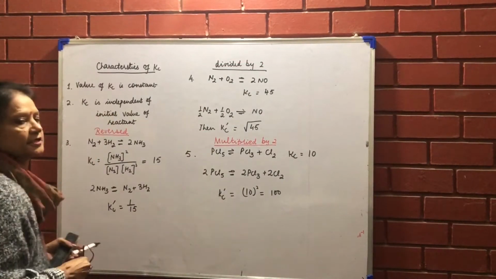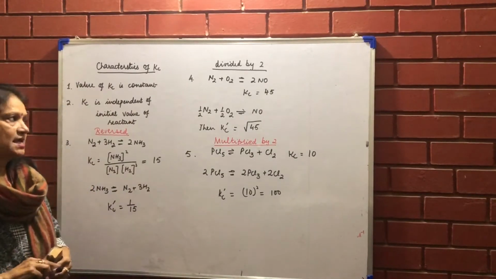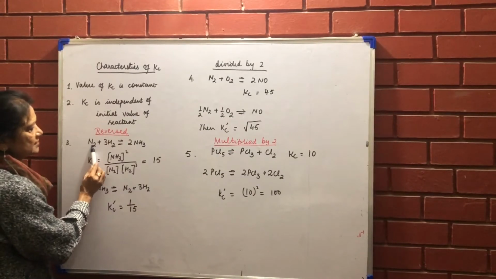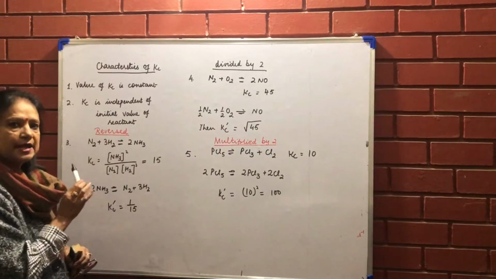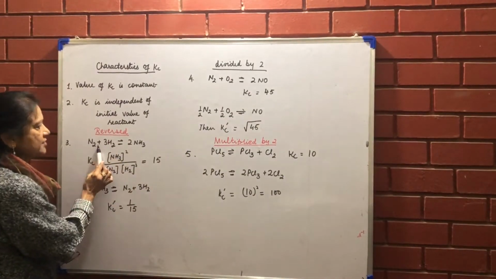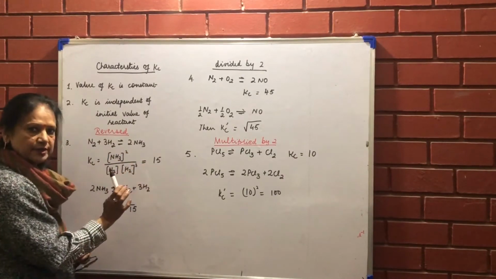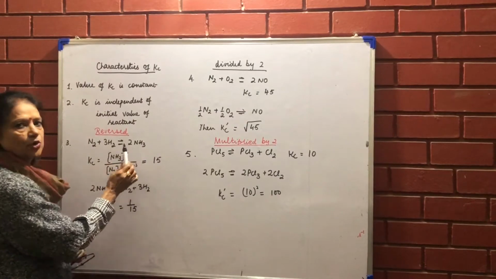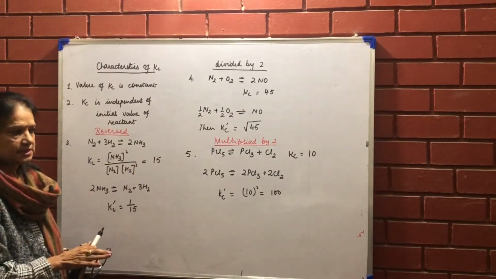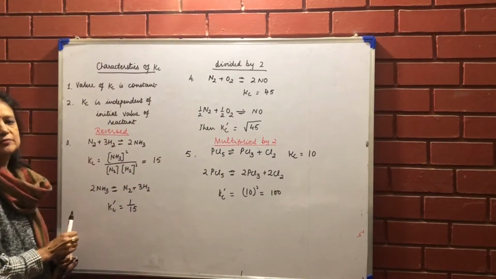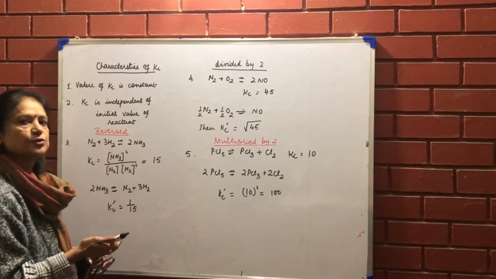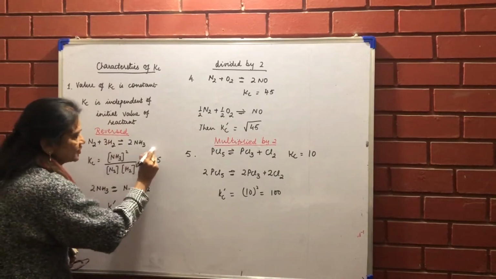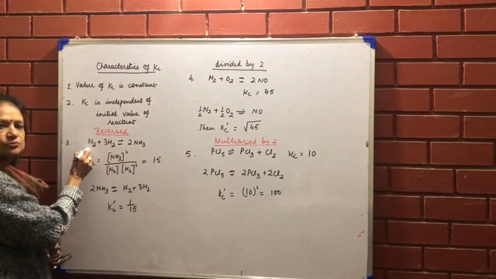Now what are the characteristics of Kc? What is Kc actually? Kc means, as we just understood, that if this is a reversible reaction, at equilibrium the forward reaction will become equal to the backward reaction, and in my container there will be reactants and there will be products, both of them will be present there. So Kc is going to tell me the extent of the reaction. The value of Kc will tell me whether the reaction has moved this way or whether the reaction has moved this way.